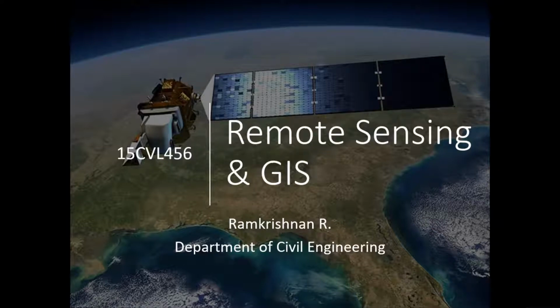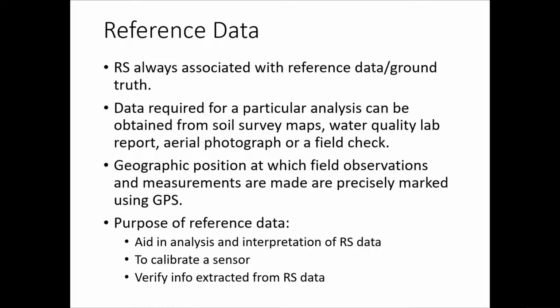So one of it is reference data. So what do you mean by this reference data? What is this reference data in the first place? Because we know we are collecting satellite imagery, or remote sensing data from various sources, from various heights, from various locations at various time periods, etc. Right? So whatever data you are collecting, you need to correlate it with the actual ground truth, right? What is there on the ground exactly?